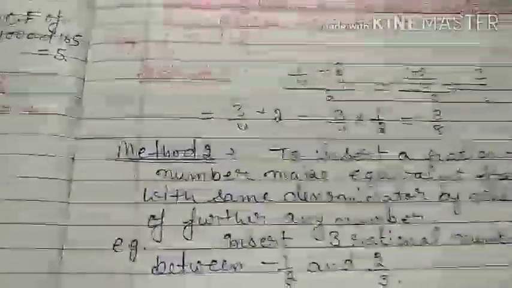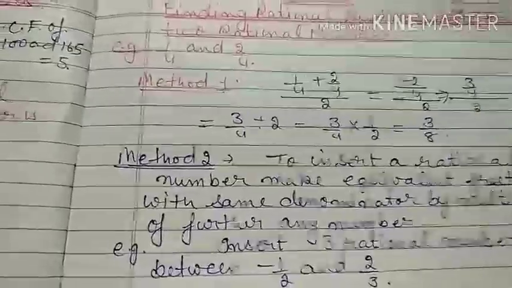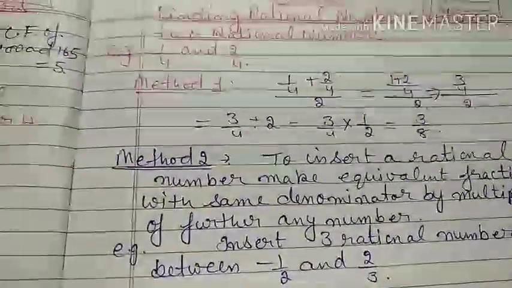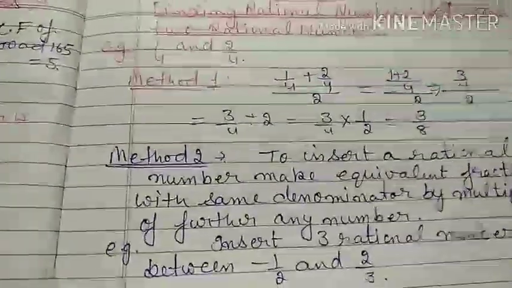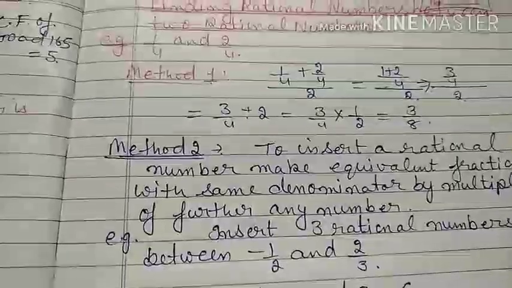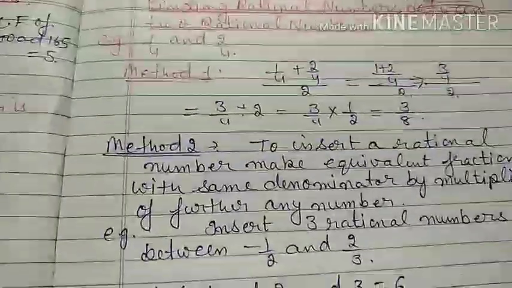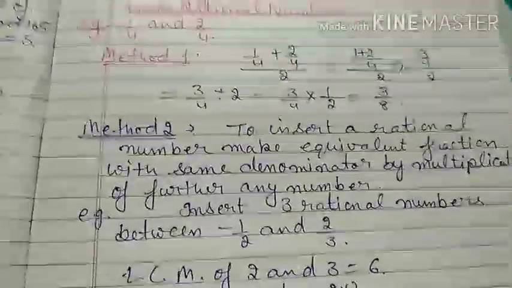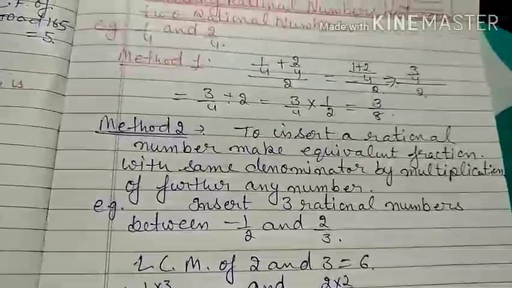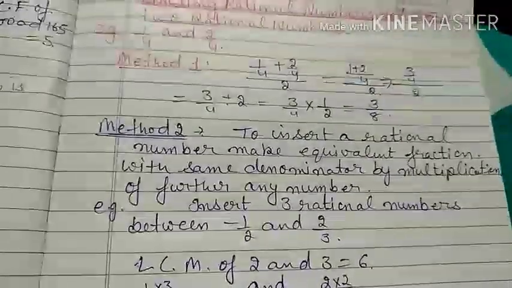Ultimately, if you have two rational numbers and you want to find one rational number between them, you just add both rational numbers and divide by 2, and you get the required rational number between the two. But if the condition is more than one rational number, like 2, 3, 4, 5, 6, 7, then the rule is that to insert rational numbers,